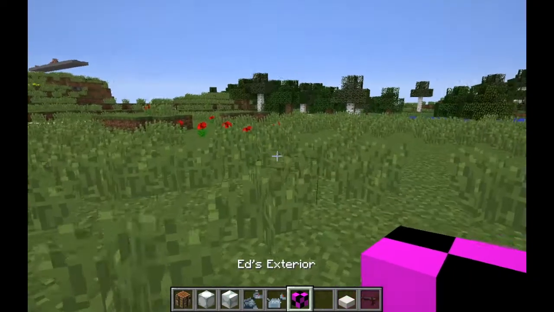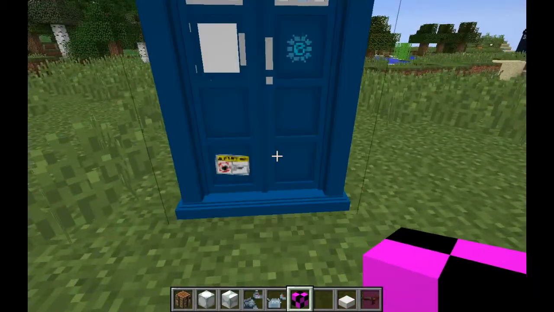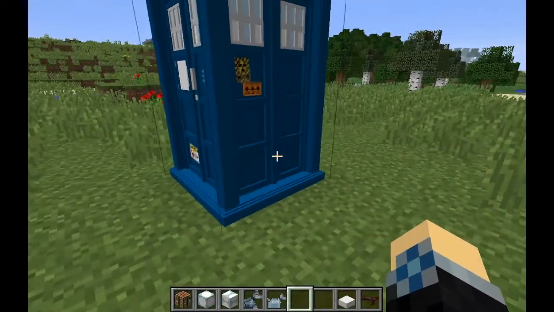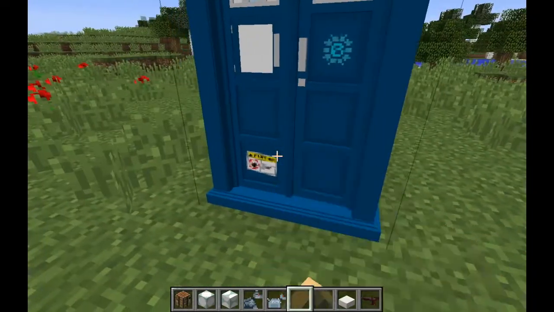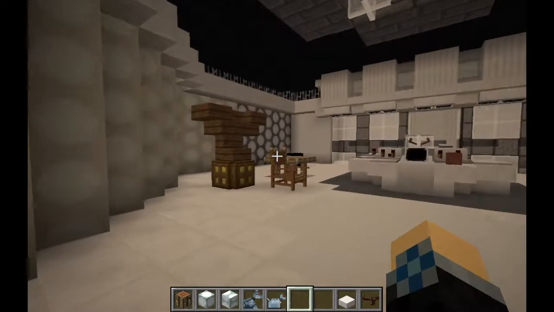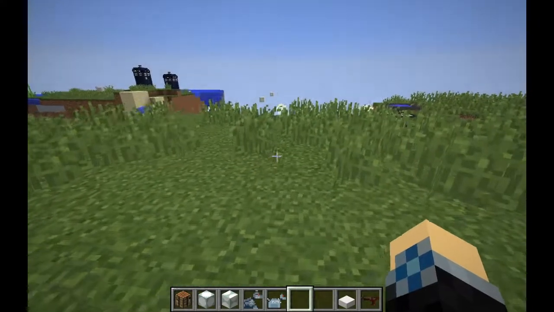Since I'm looking at community member stuff, let's take a look at Ed's. So I think this is one that Ed modeled. He's a community member. Got a lot of stickers and stuff on there. It's got an interesting little door opening sound. And takes us to the 1963, but at least not onto the roof. Okay then,